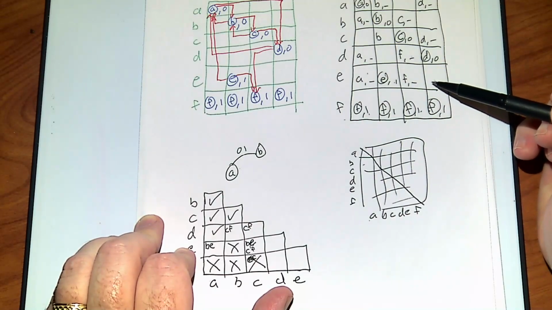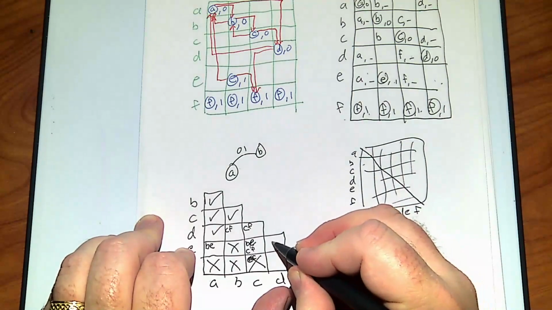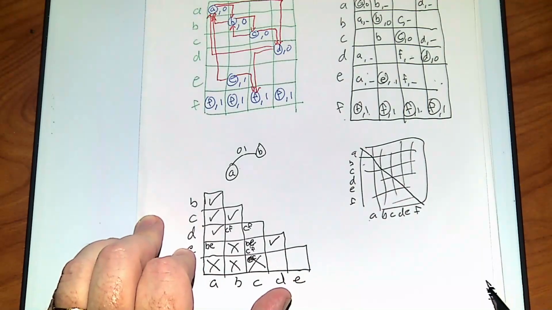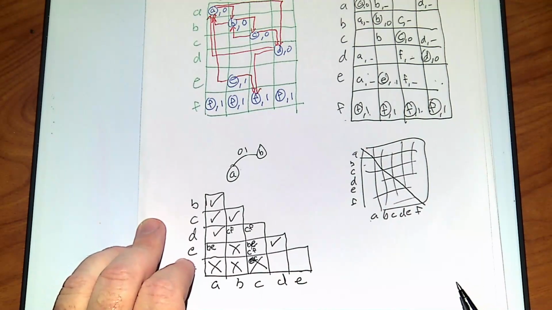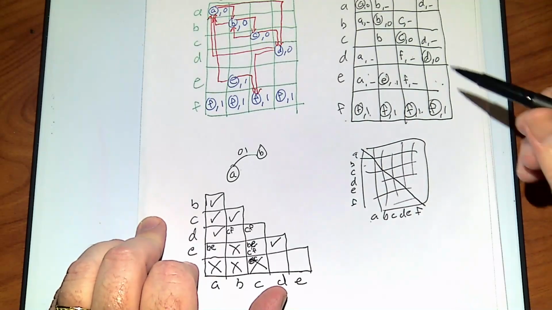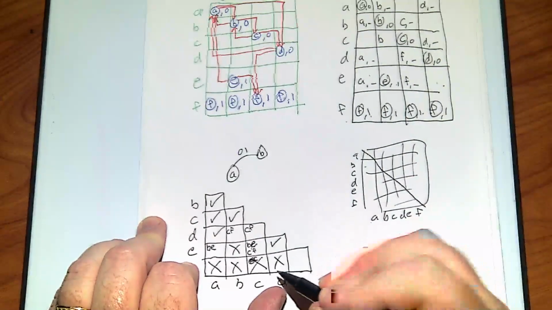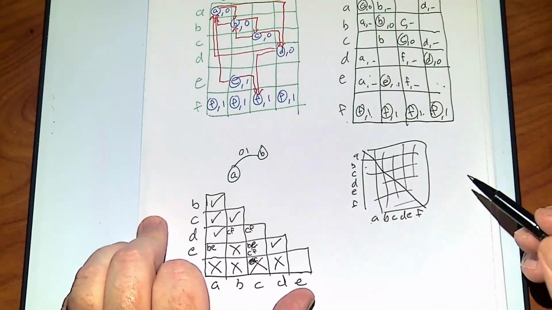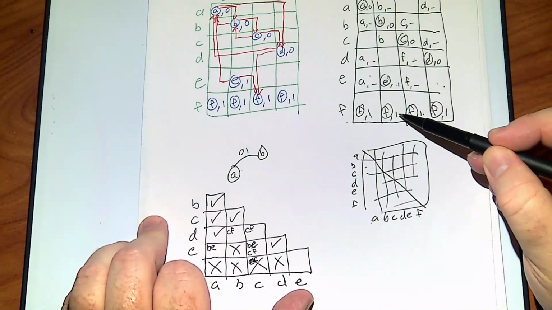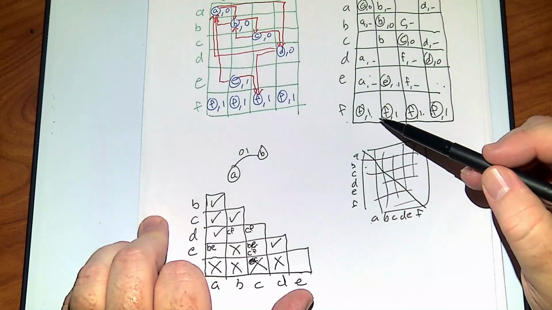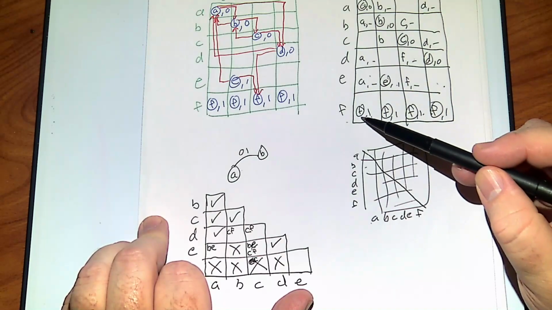So what do we have for D and E? Well, D and E are totally fine. They're compatible. All right, D to F. Yeah, because we got a 0 here and a 1 here, no go. How about E and F? Well, that's fine, right? But watch, A has to be F,